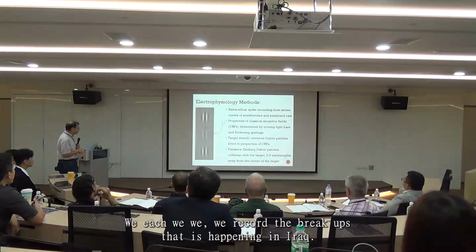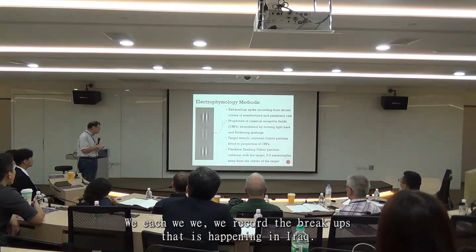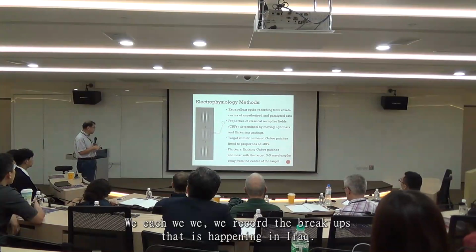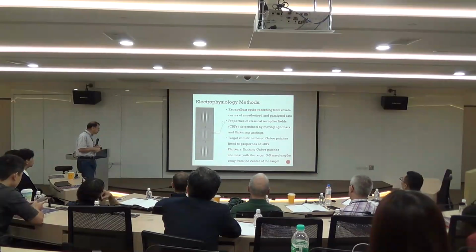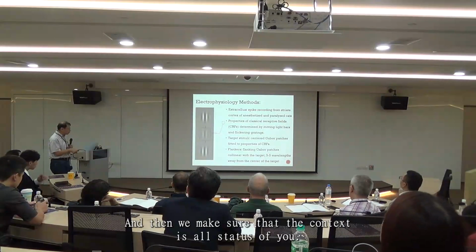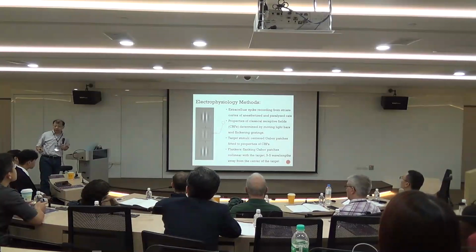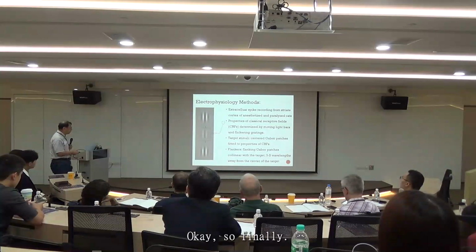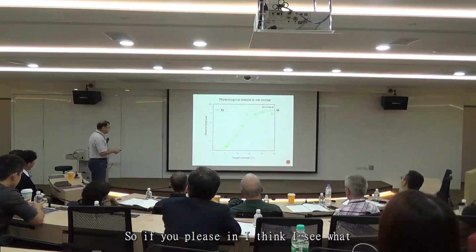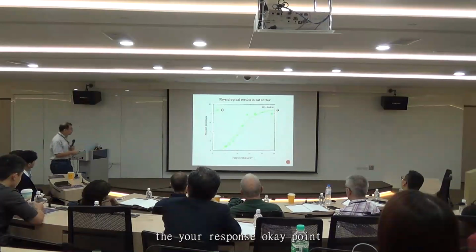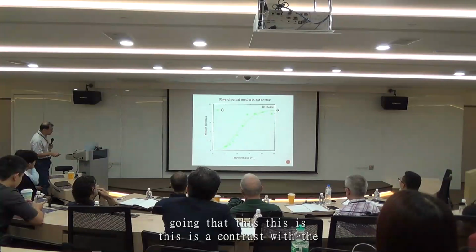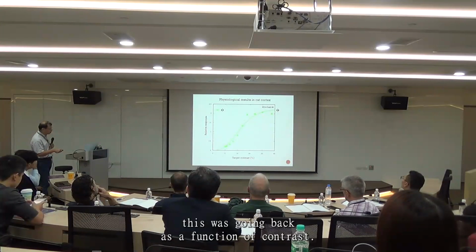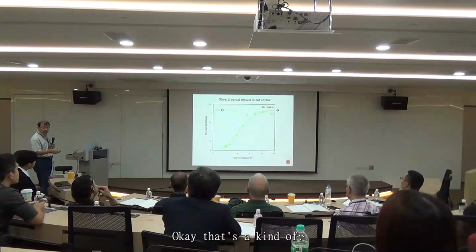Okay. And we record the V1 neuron. Okay. With the target. And we make sure that the context is outside the receptive field. Okay. So the idea is, if you present a single target, the neural response goes like this. This is a contrast increase, but the response goes like a sigmoid function of contrast. Okay, that's a kind of